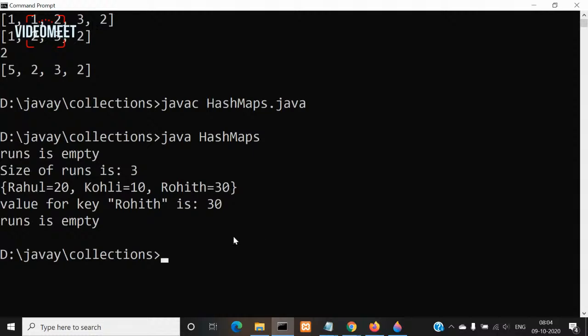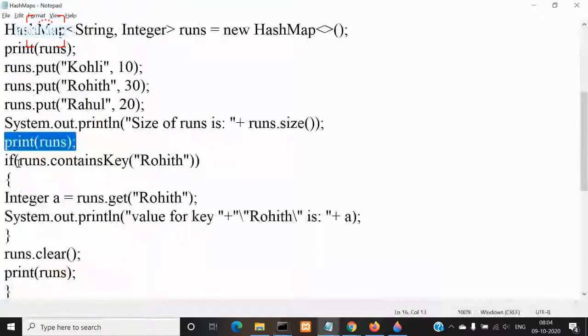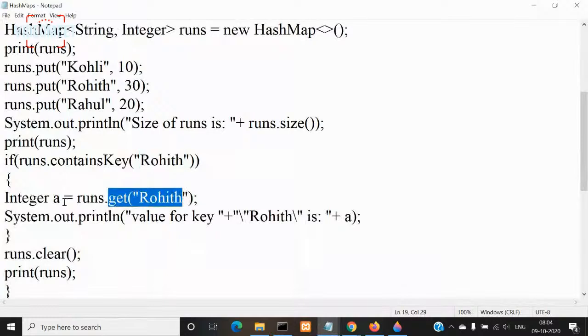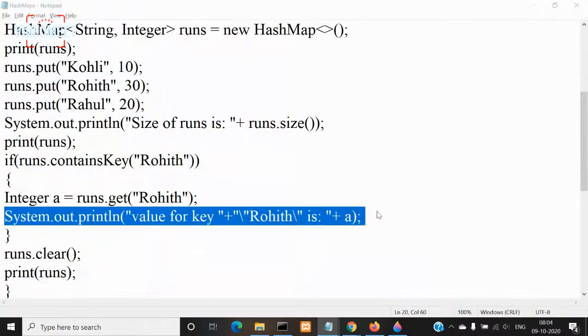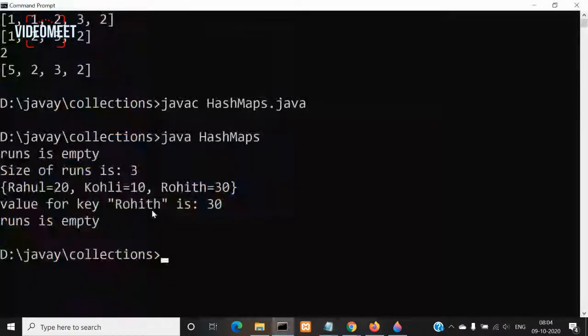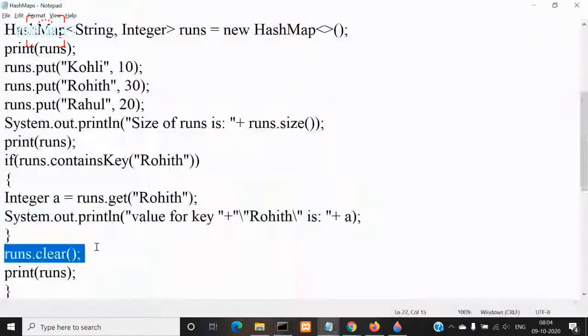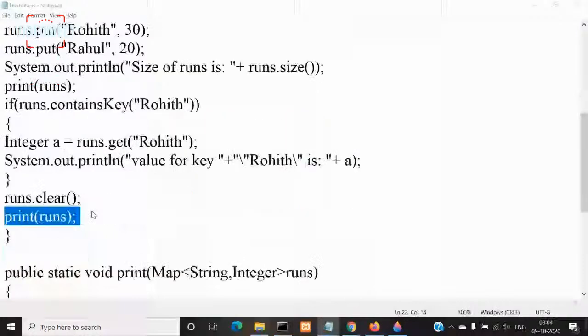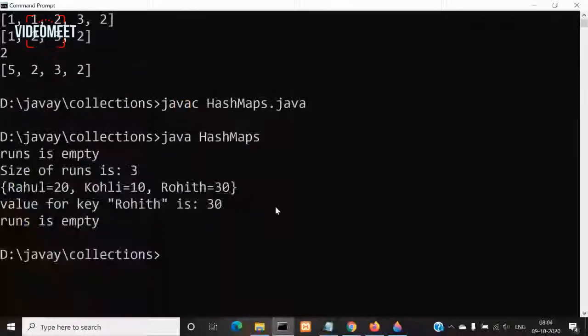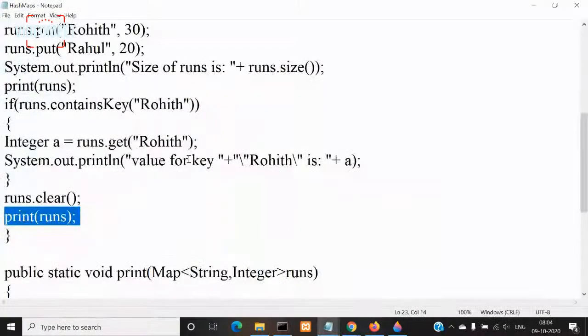Then what you are doing is you are checking whether the hash map contains Rohit key or not. If it is there, then you are retrieving the value associated with Rohit and storing it in A and displaying that using this, right? So what value for key Rohit is 30. Then we are making a call to clear method. Then when you print runs method, what is it printing? Runs is empty. So why it is printing empty means because